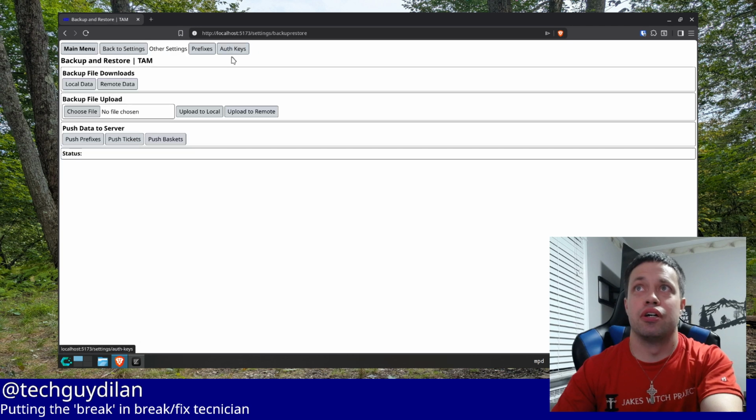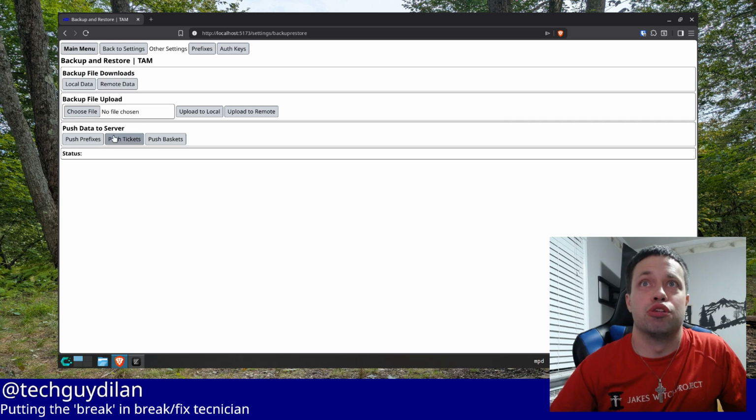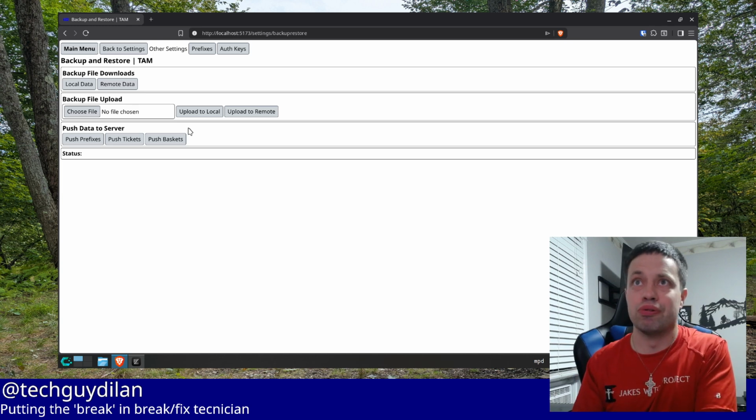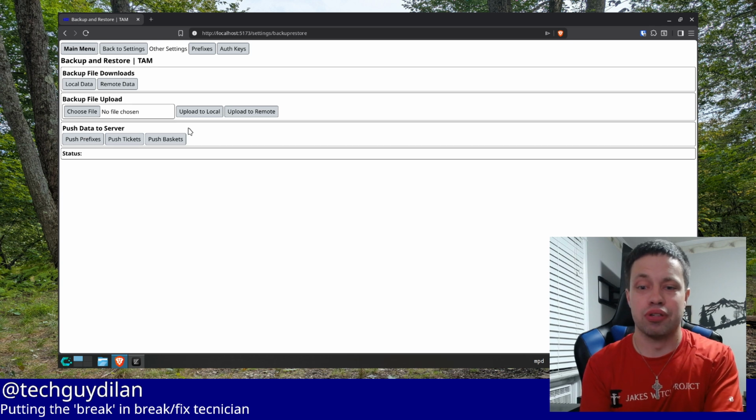So one of the features I implemented in TAM API that never got brought into the newer web-based versions of it is the ability to push the data to the server directly. So what I do with Ticket Auction Manager now is I keep a local database and the remote server database. And the reason why I keep those separately is so that if you're entering tickets, and especially when you got like 8,000 ticket lines,